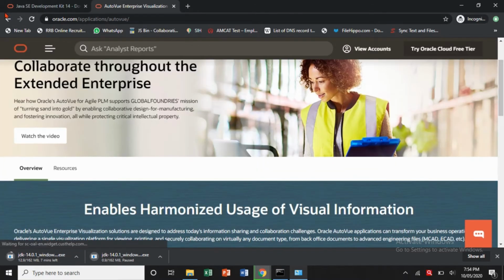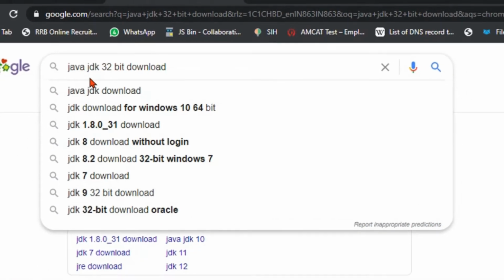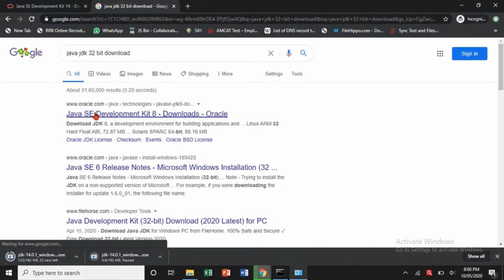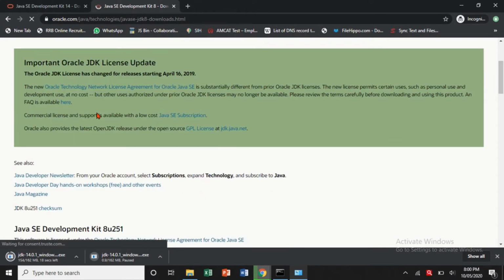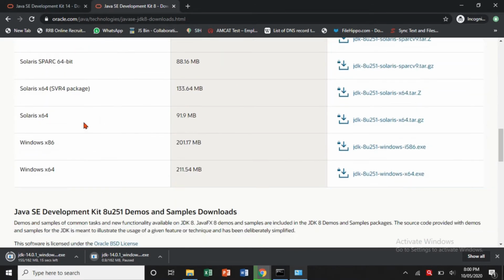Here it is not visible, okay, go back. So search it like this: Java JDK 32-bit version, and this is again the Oracle official link. Scroll down below and search it. So yes, now it is showing the 32-bit version. If you are downloading 32-bit, then download from this link.